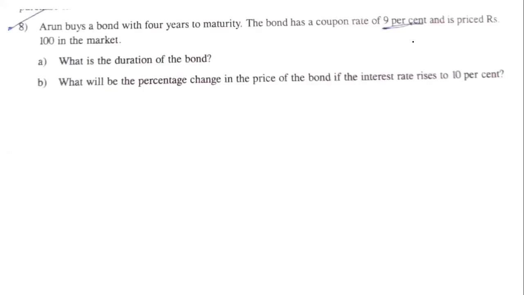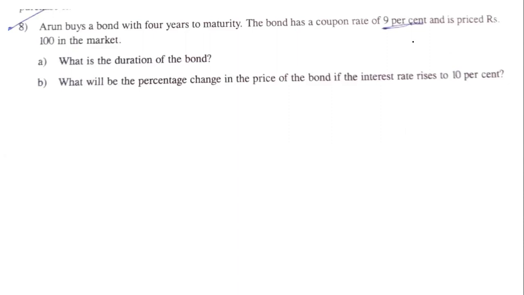So here is the problem we have. Arun buys a bond with 4 years to maturity. The bond has a coupon rate of 9% and is priced at rupees 100 in the market. Here he is asking two questions. One is, what is the duration of the bond? And question B is, what will be the percentage change in the price of the bond if the interest rate rises